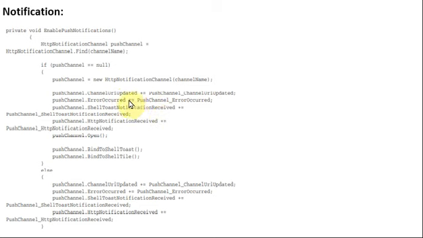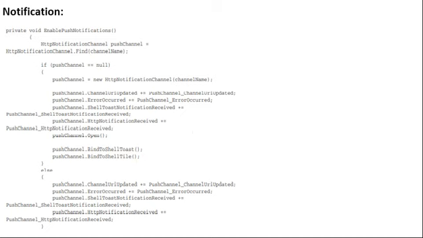In case any error has occurred, that will be told, and any toast notification received will also be updated, and any other HTTP received will be updated. And finally push channel dot open, wherein you are going to bind to shell toast, and also bind to tile. This toast and tile are the types of notification.